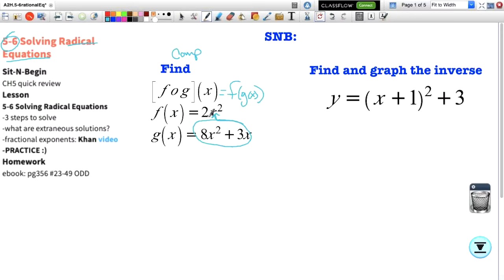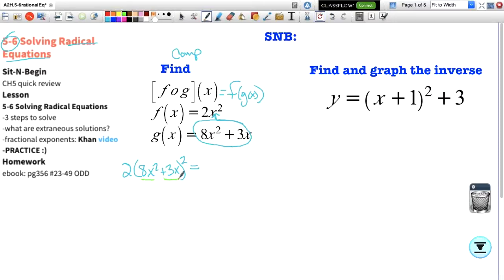So my f function starts out with a 2 and then it has x. And again, we're replacing the x with this whole binomial here. So 8x squared plus 3x. And then it ends with this squared. So I'm going to put that on top. Now we need to simplify this, and it looks like it's not too bad, but I want to point out